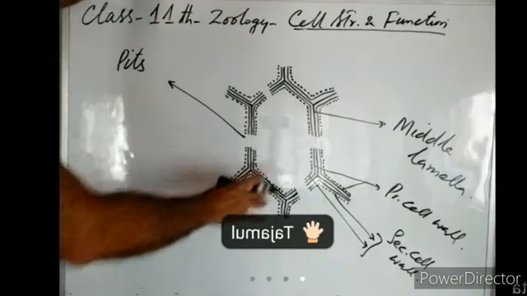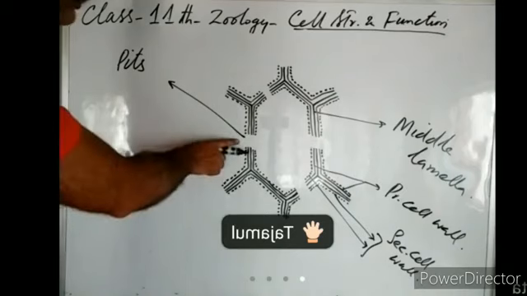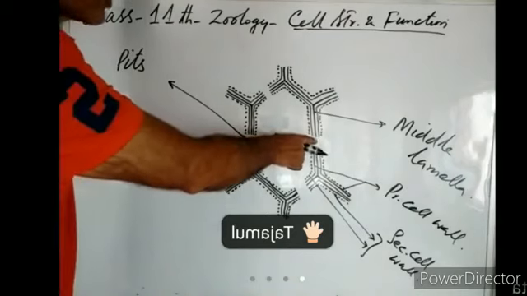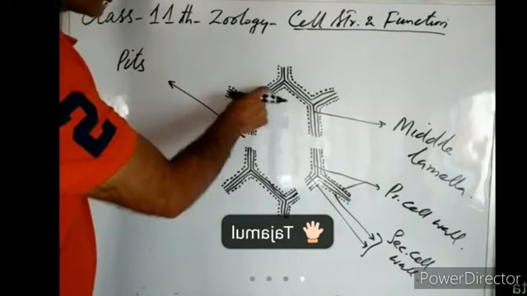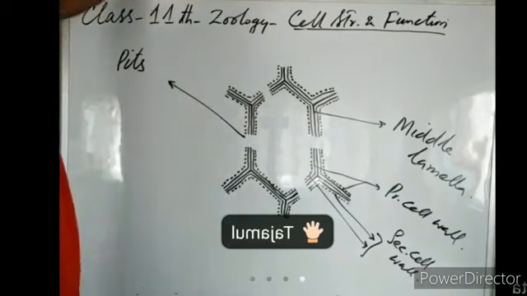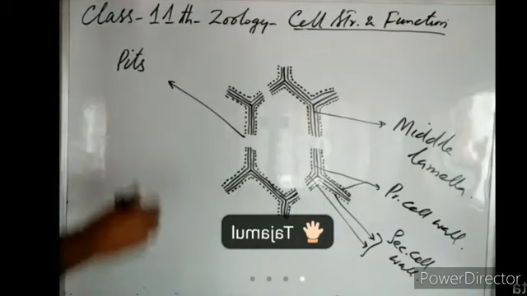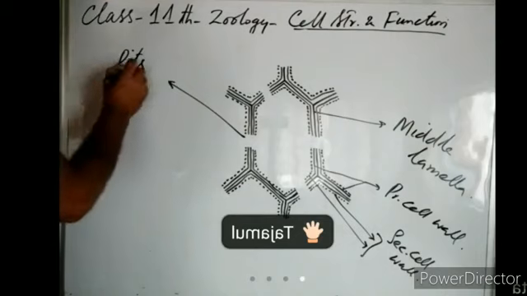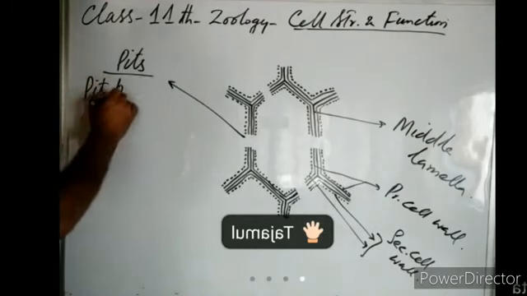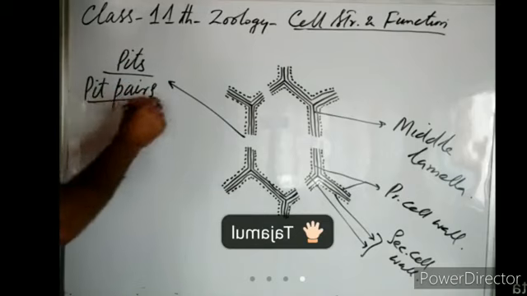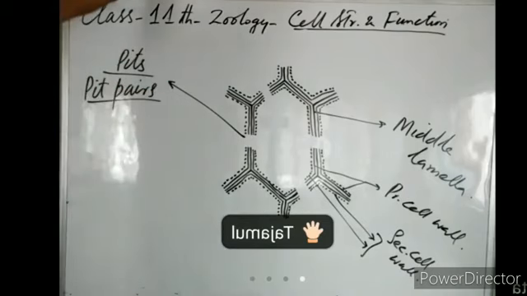This is the cell wall of a plant cell. It has a pit on this side. On its opposite side, there will also be a pit. Since these pits are present always in pairs, they are known as pit pairs. Why do we call them pit pairs? Because they are always present on the opposite walls of the cell, right?